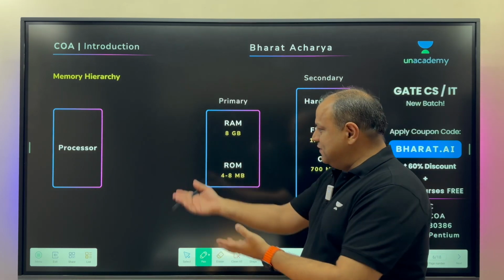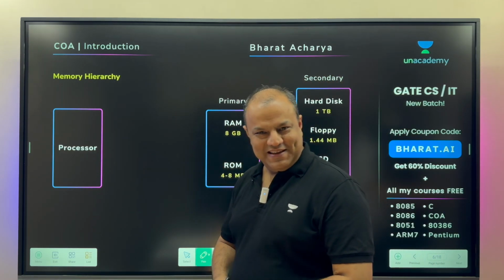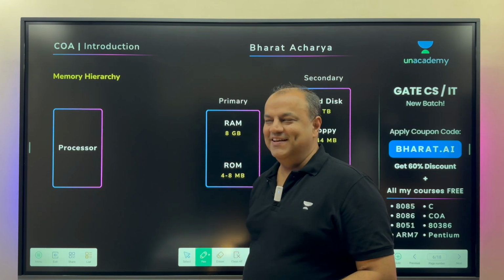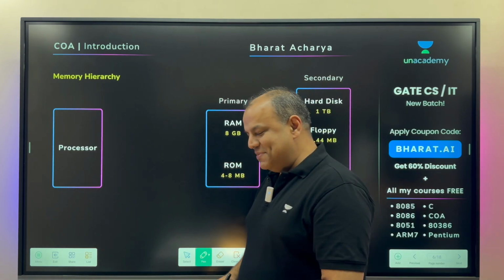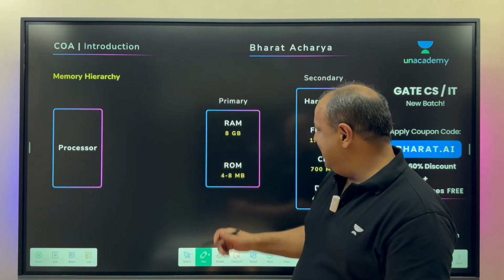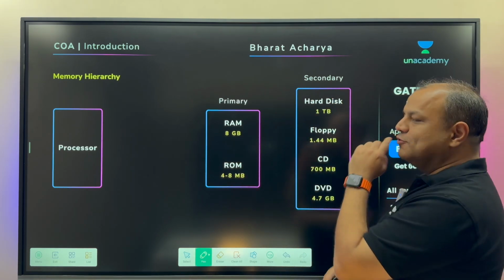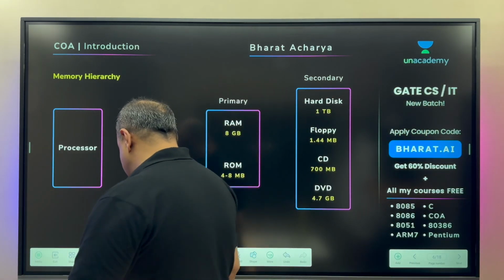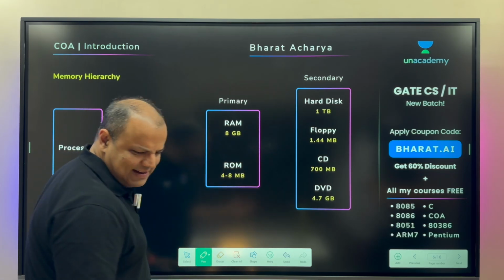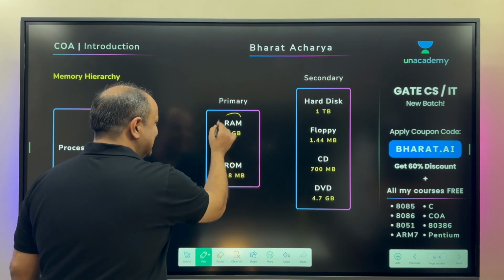Now, there is one last piece of the puzzle. You can see there's a lot of space over here. Something is going to come. Obviously, I won't just draw it there. Some new thing happened in the mid-80s. Why? Tell me, in all of these memories, where does all the work happen? Come on. Where do all the activities take place? That desk of the computer, that working space, that is your RAM.